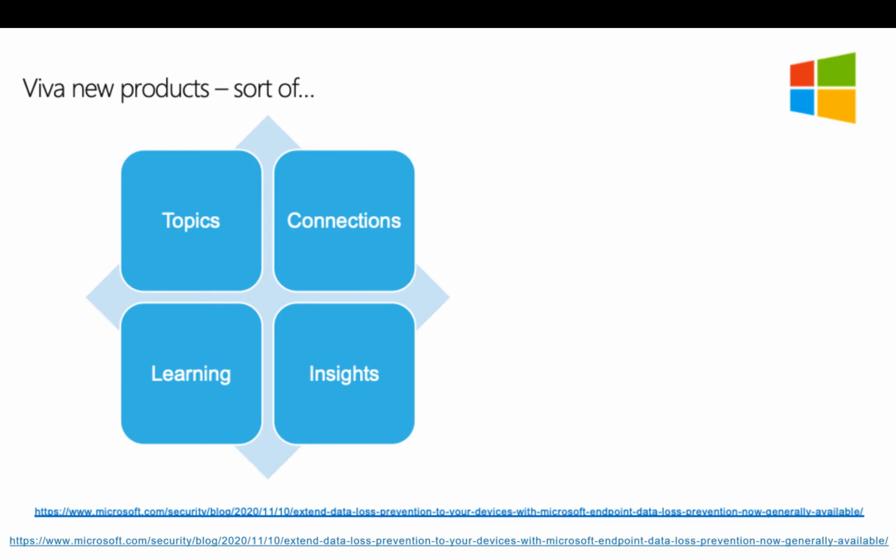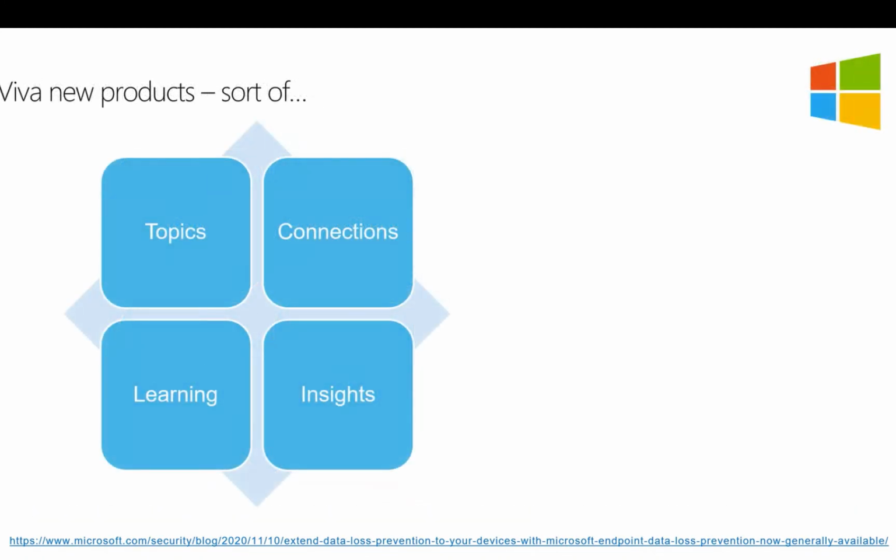About probably 75% of these are kind of rebranding and repackaging of existing products, with about 25% that is genuinely new products. The Insights product is the only one that is currently available, and that's available directly in Teams and labeled as Insights,